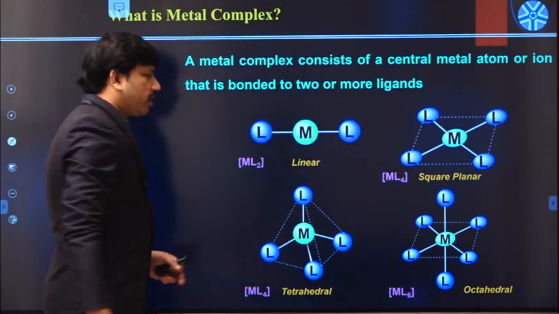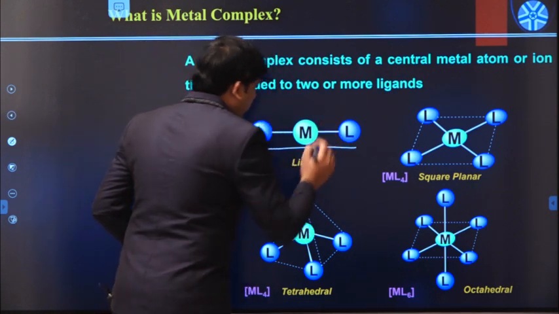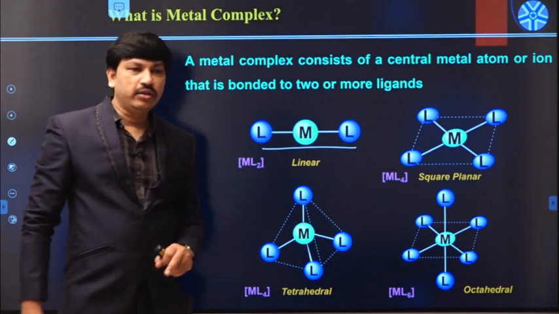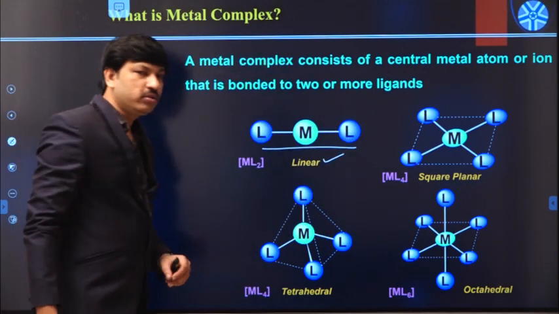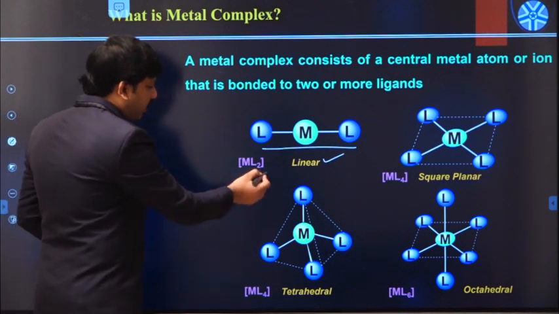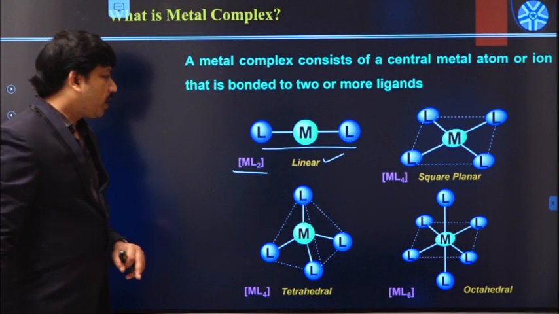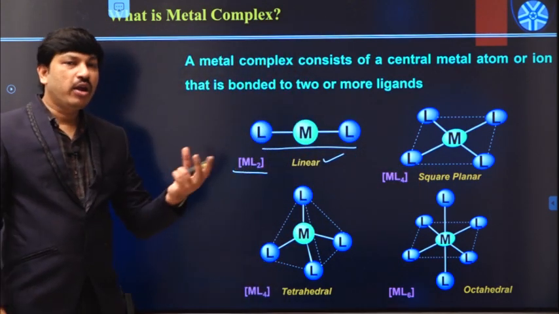In the first case, the central metal atom or ion is bonded to 2 ligands, so the geometry is linear, and we can represent it using the ML2 notation. And in case the metal atom is bonded to 4 ligands